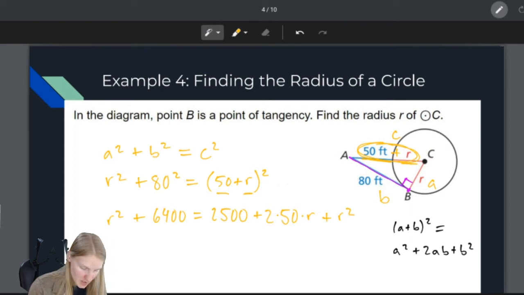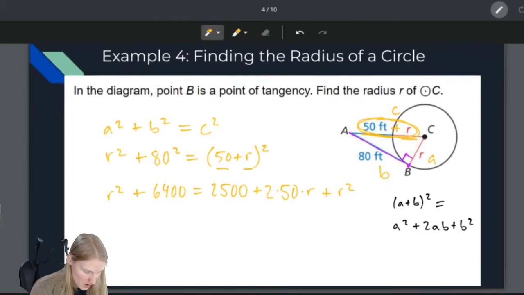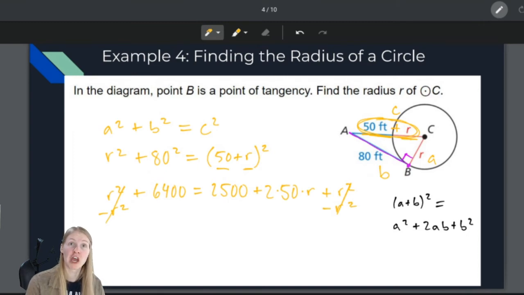Okay. Alright, and now we just need to solve for R. So I'm gonna get all my R's on one side. So let's see if we minus R squared from both sides. It cancels here. Oh, and it cancels here. That's nice. Okay. So now let's just continue. Now we'll put our numbers on this side, I guess. So minus